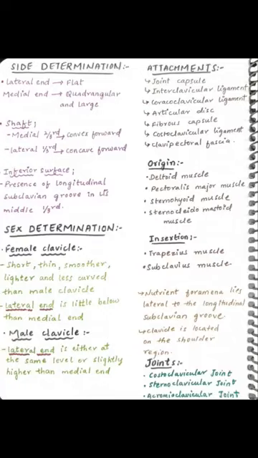The clavicle gives attachment to various ligaments and muscles, and the nutrient foramina of the clavicle lies lateral to the longitudinal subclavian groove. So that was a quick and brief overview of the clavicle bone,